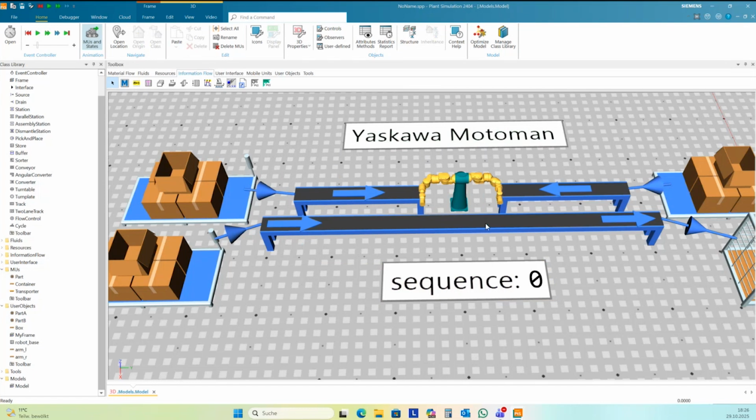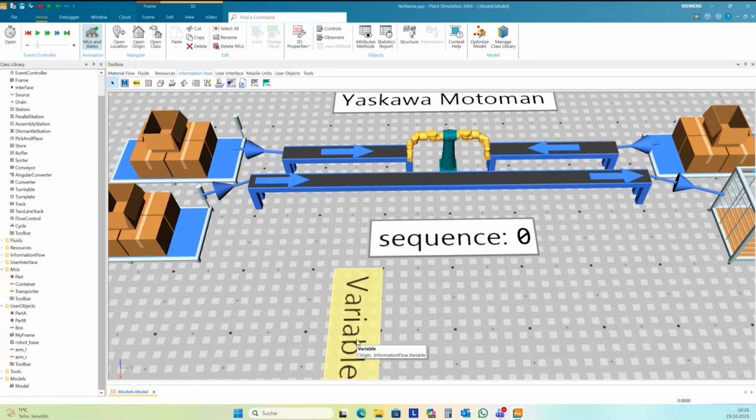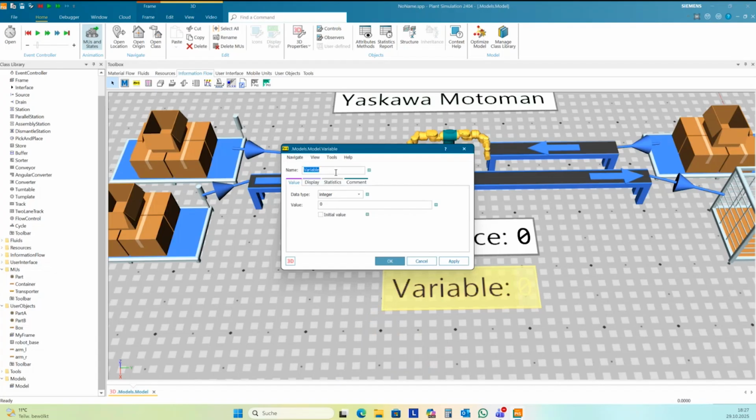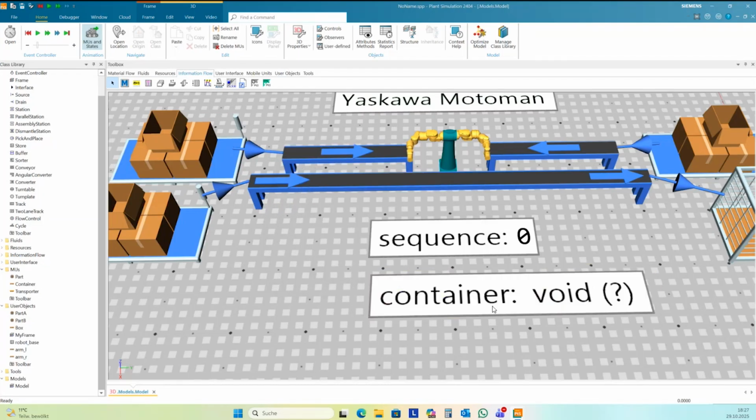And to identify the box that's here, I need one more variable, of type object. And this is the reference to the container that is stopping here.